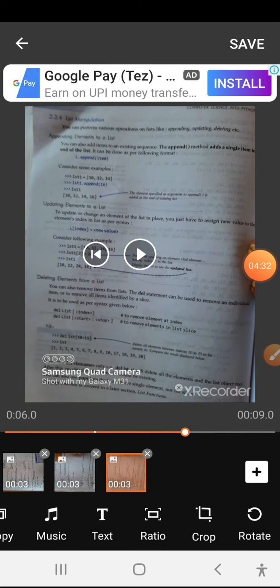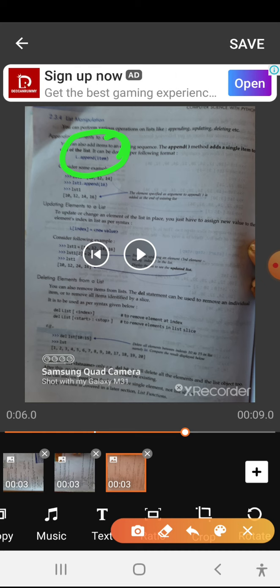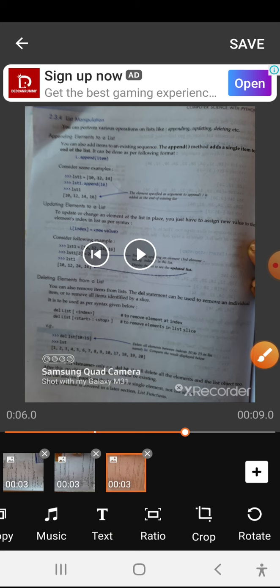So now let's see some of the list manipulation operations like appending, updating and deleting. How to append to a list? We just use the command l dot append. You can see l dot append of item. So for append you must specify only the item, and it will append the item you are specifying.